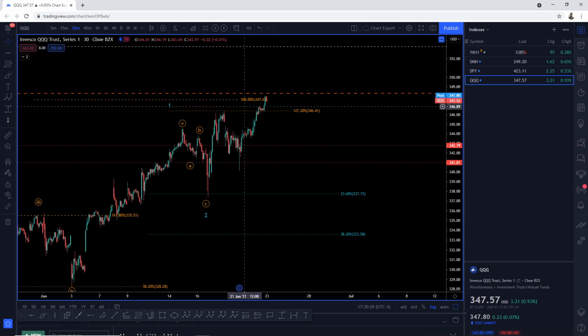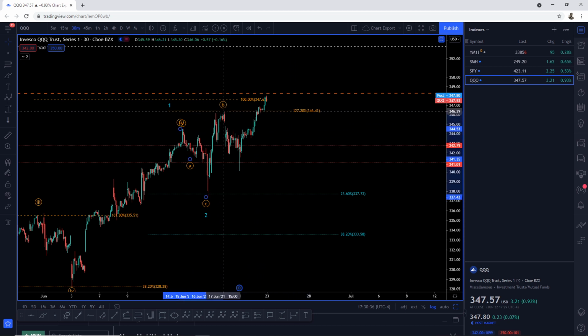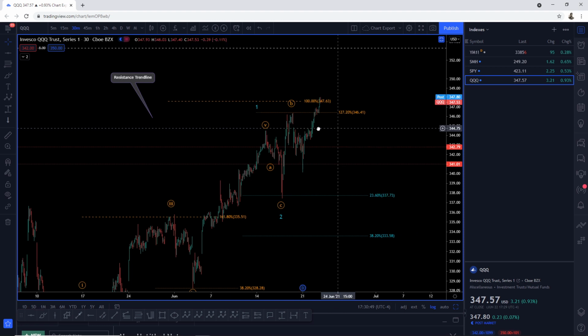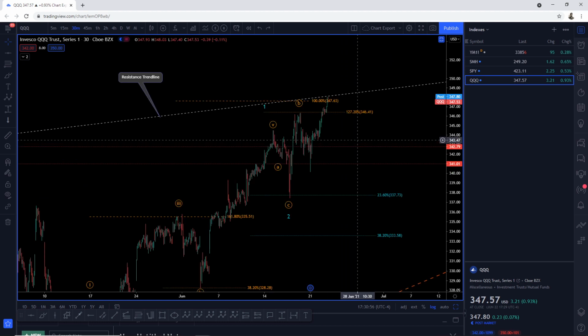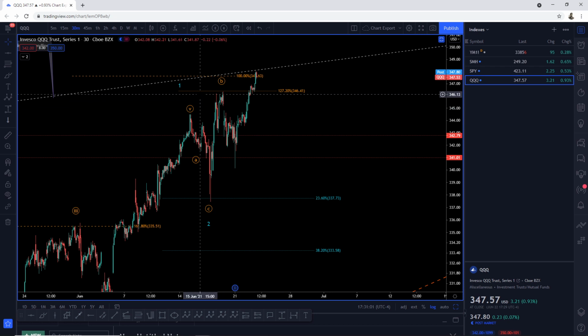So yesterday we were discussing the possibility that the 1.272 was going to be resistance, and that would have been the wave B. I even went out to label this as the wave B here because it was holding resistance, but surely enough, today we broke above it. The way I'm looking at this, guys, let me actually undo this because we can't delete that trend line. All right, here we go. So perhaps, just perhaps,